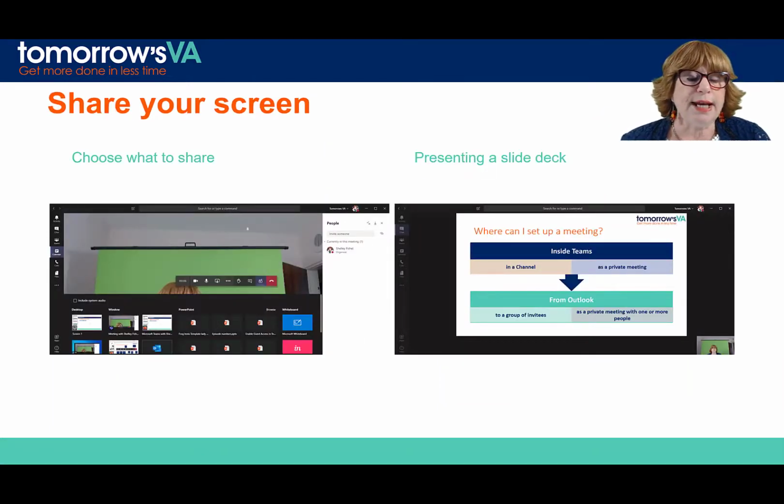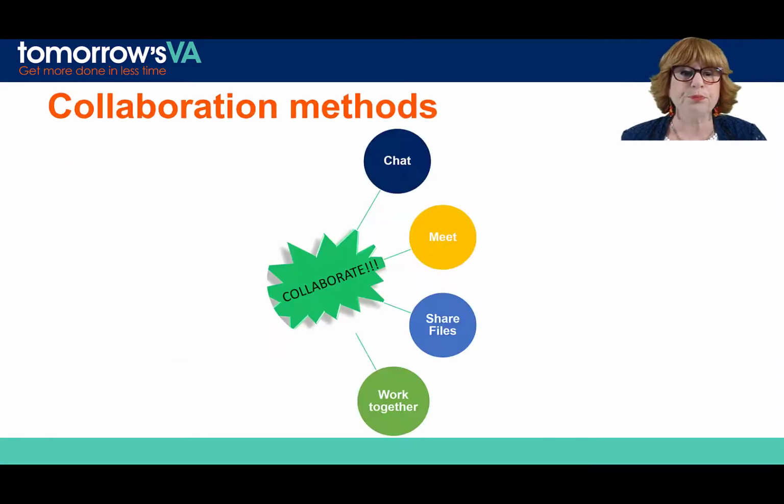When you share your screen, on the left you can see the screen that shows what I see as the presenter when I click the share screen button, and I can choose to share other elements. So I can choose to share my primary monitor, my secondary monitor, an app or a document that's open, or any of the recent presentations that I've had open, or even a Microsoft whiteboard or an InVision whiteboard. And on the right hand side you can see that's what it looks like when I present a slide deck. That's the slide, and that's what everybody will see, and I'm down there in the bottom corner.